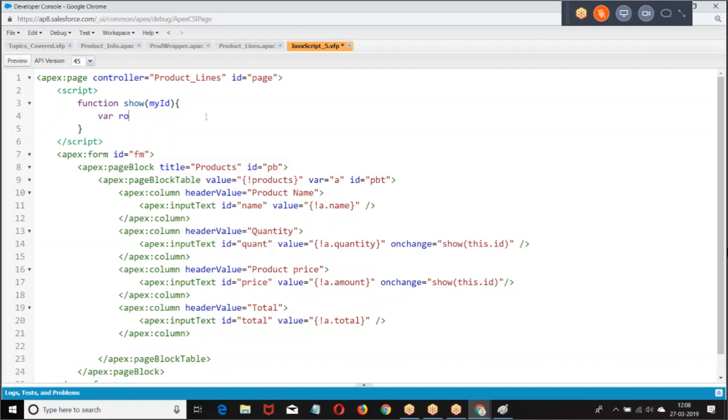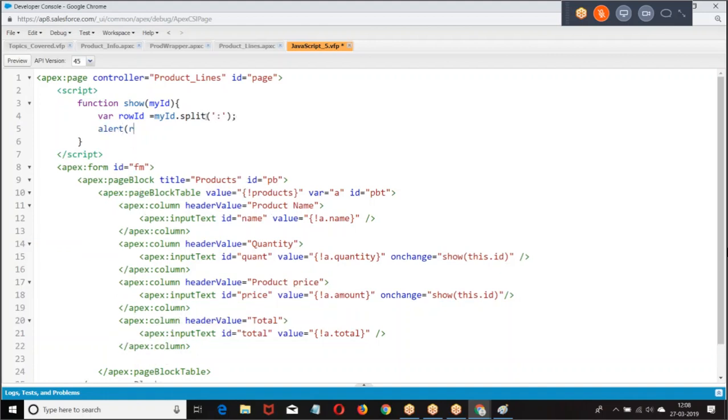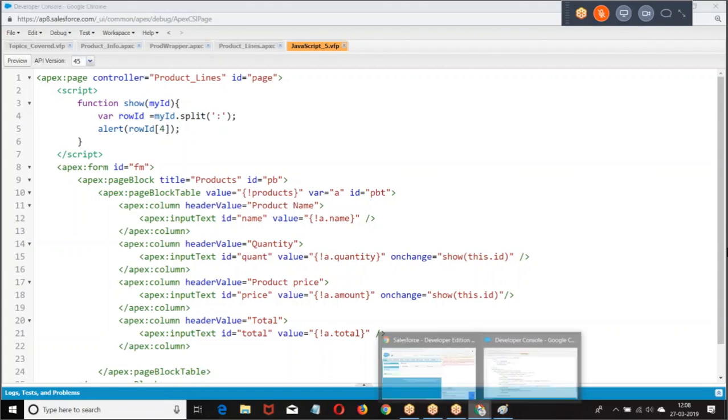My row, split. Then give alert. The row ID is at which position? At the fourth position, after splitting the ID based on the colon, we have the row ID.